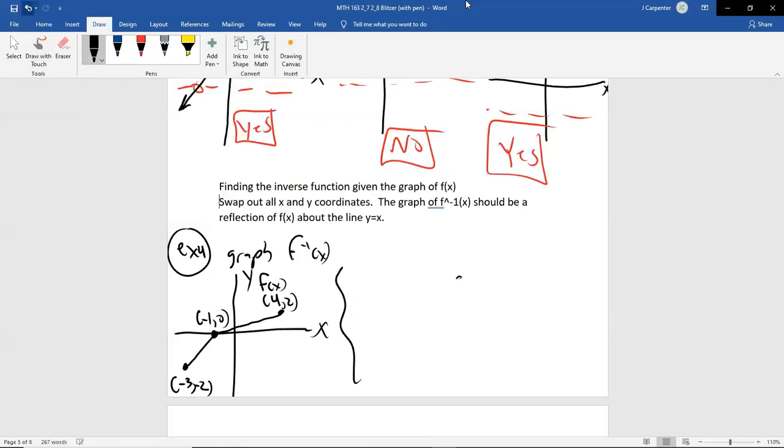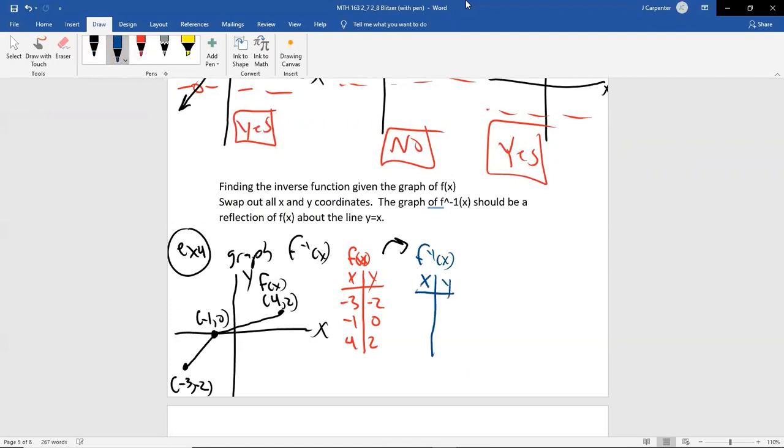Now, this middle work that I'm about to show you, a lot of people can skip it and just say, oh, well, this point's (-3, -2), so I need to plot (-2, -3), et cetera. But I'm meticulous as a teacher, so I like to say you should maybe label these in a system like this. X and Y coordinates were (-3, -2), (-1, 0), and (4, 2). This is just helpful for some students. This was the regular function. That was our f of x. So to get the inverse function, you just swap the x and the y coordinates.